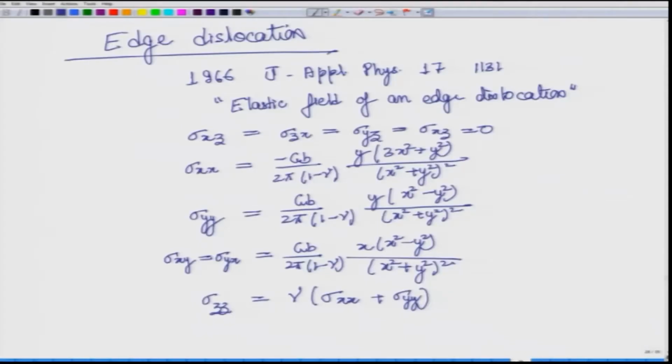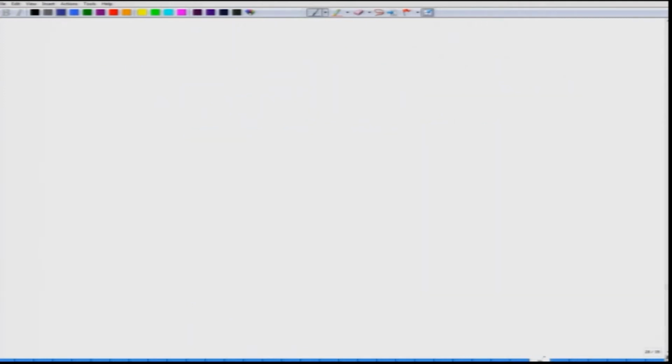So, these are the stress fields around an edge dislocation, and as I mentioned in the last lecture, we are not deriving it, and the derivation is not very difficult. You can take a look at this particular paper and you will be able to find the derivation, while we are just looking at the final solution. So, these are the stress fields. How would the strain fields look? You would see that the strains would look like this, using the linear relations for elasticity.